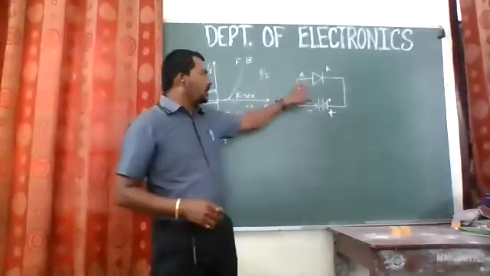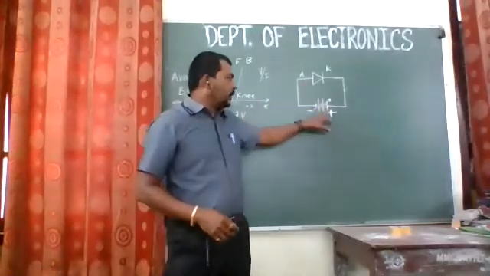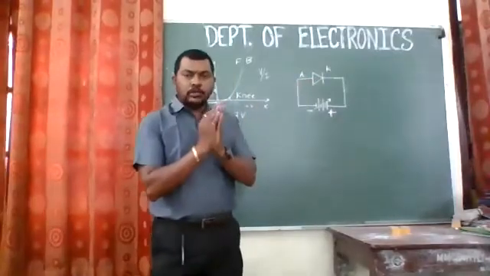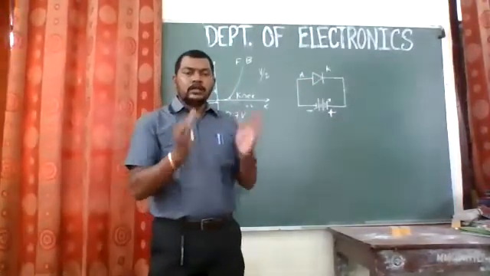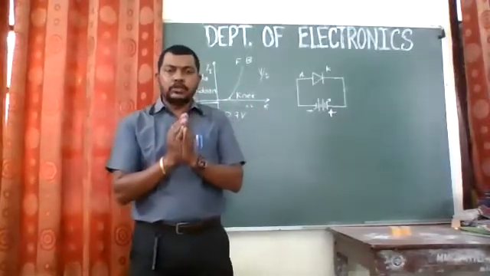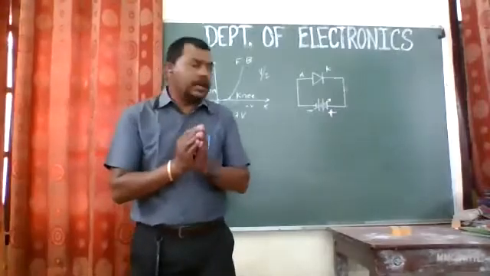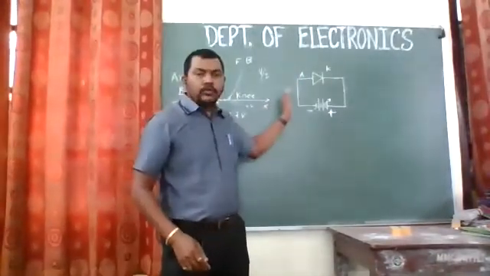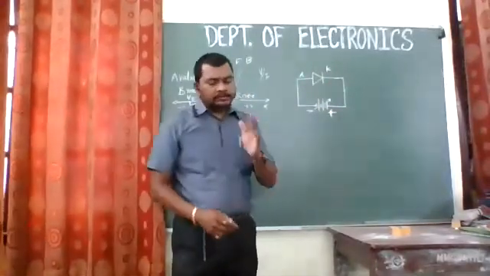So, in forward bias condition, the positive polarity is connected to P type and negative polarity is connected to N type, right? Then the depletion layer will go on decreasing, and if you increase the positive voltage, then the depletion layer will dissolve after around 0.7 volt, the internal potential barrier, right? And the diode will start conducting, and the current flows from the P type, the positive terminal, to the negative terminal.